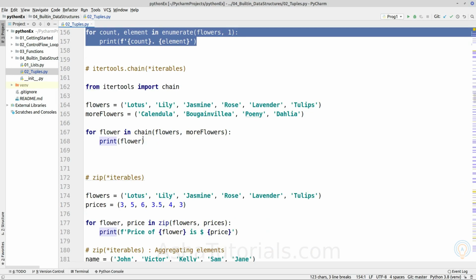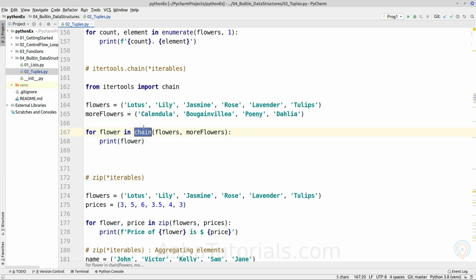Next is the itertools dot chain method. The chain method will iterate through the elements of multiple iterables. The chain method of the itertools module takes multiple iterables as parameters, and it will iterate through each element of the given iterables in sequence.